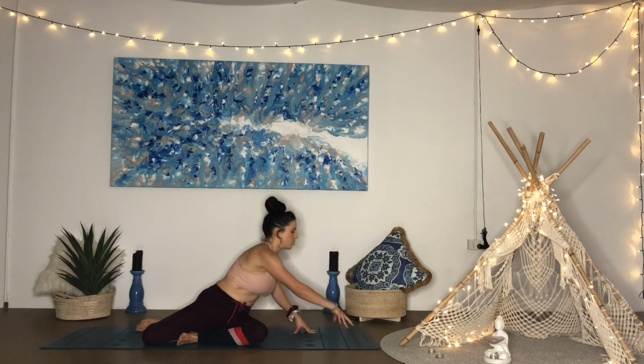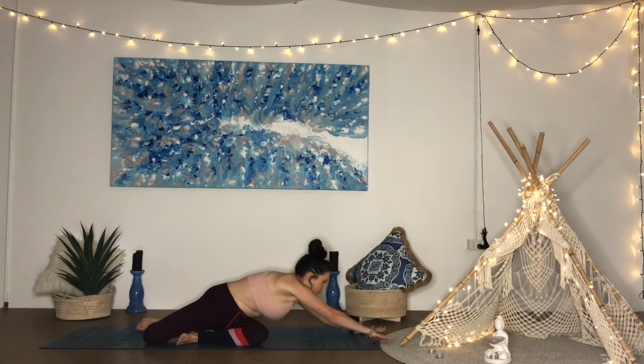From here, we're going to take deer legs. So you're going to bend your left knee first and take the left shin parallel to the top of the mat. And then you're just going to bend the right knee to a comfortable spot beside it. And then you're going to twist to the left over the left thigh. So we're going to fold over the left thigh, walk the hands to the left,